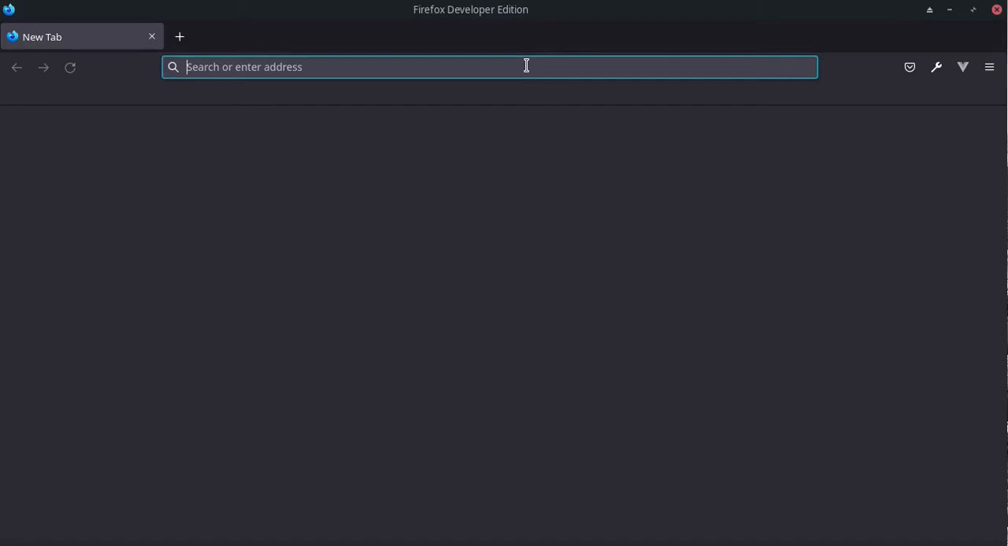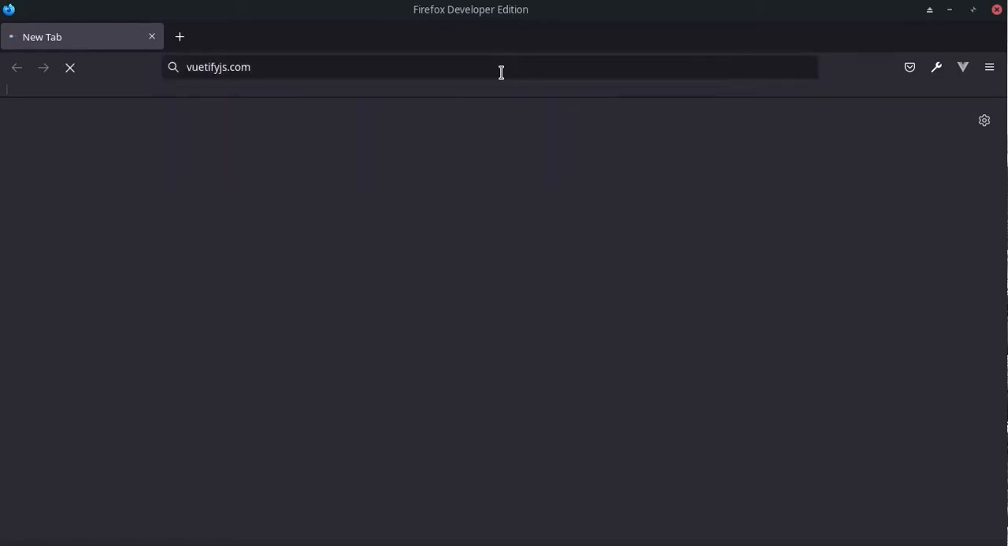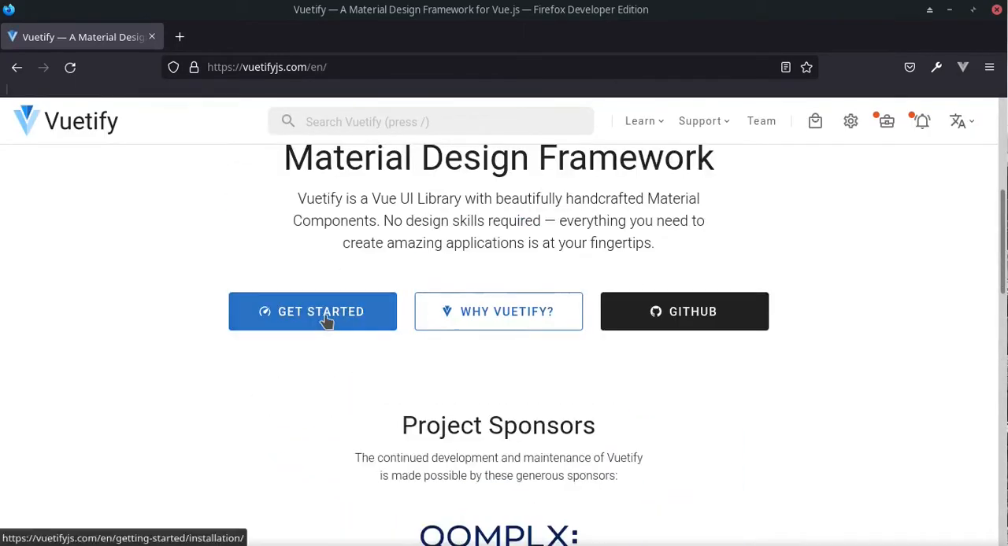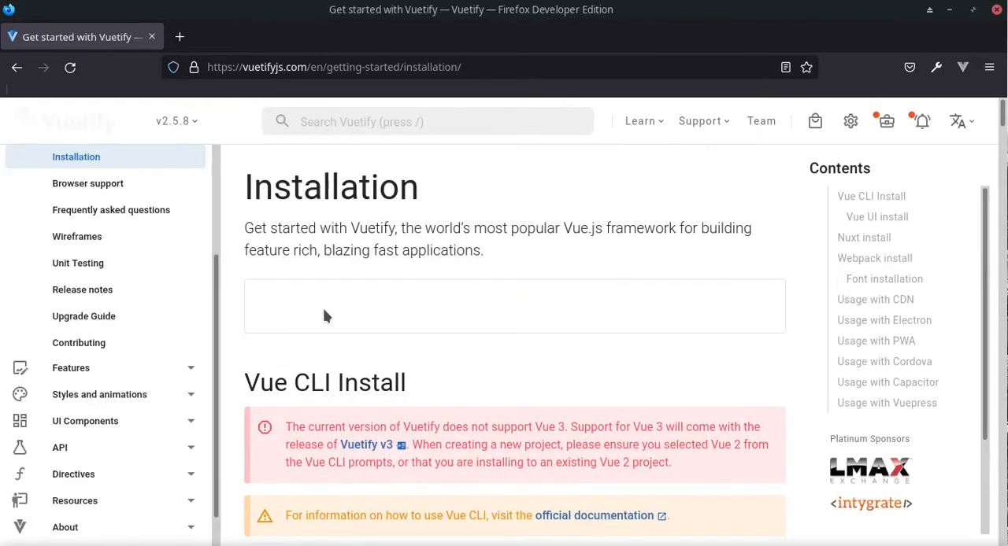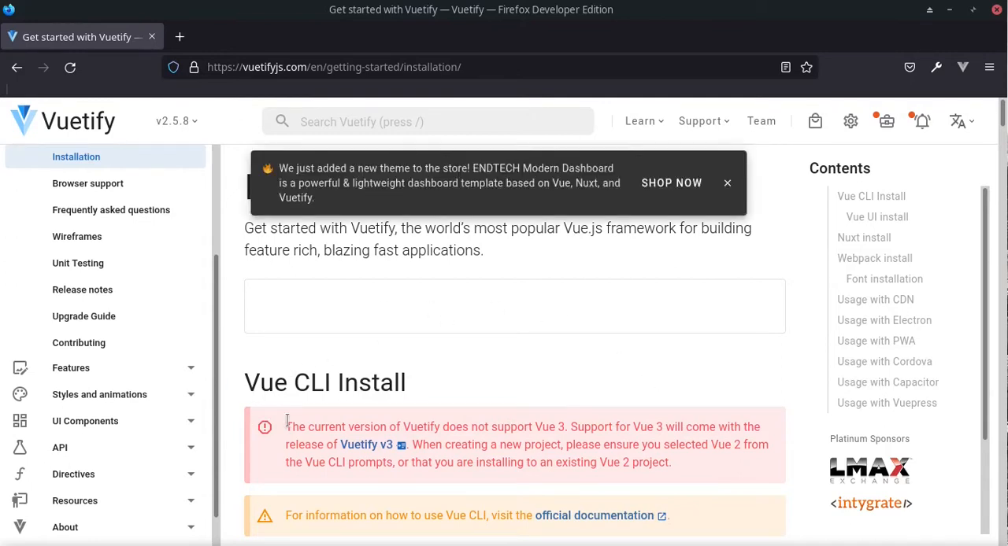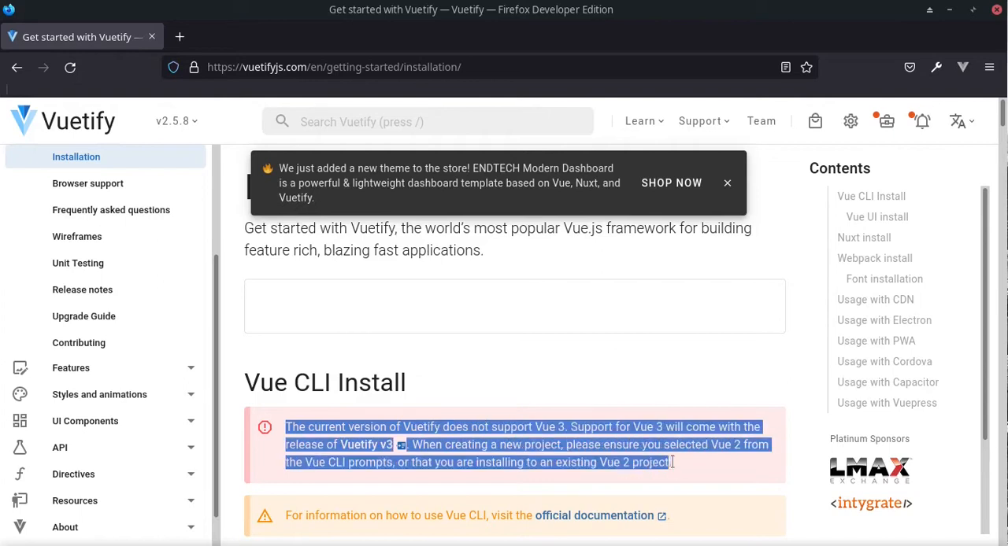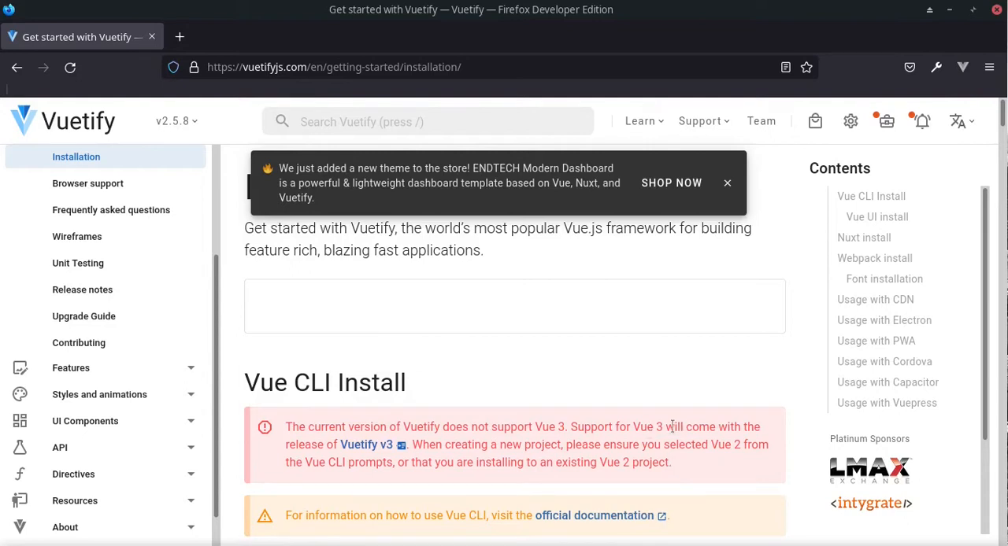Alright, so this is open. So we're going to go to vuetifyjs.com, and I may make some typos because I have a new setup and I'm still getting used to it. And let's go to get started. Alright, so this right here, this first alert here, is the reason why I have not really been using Vue